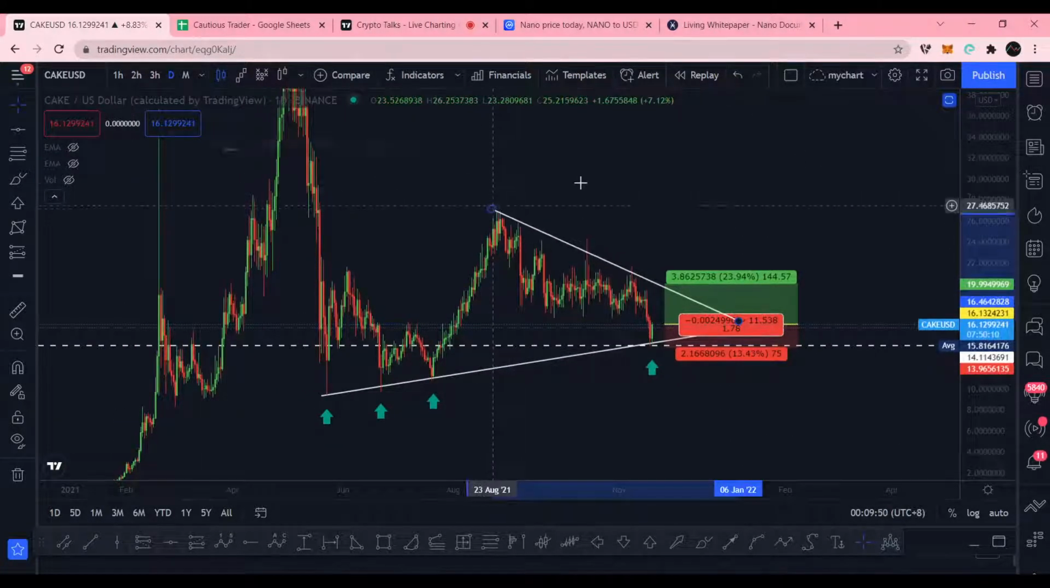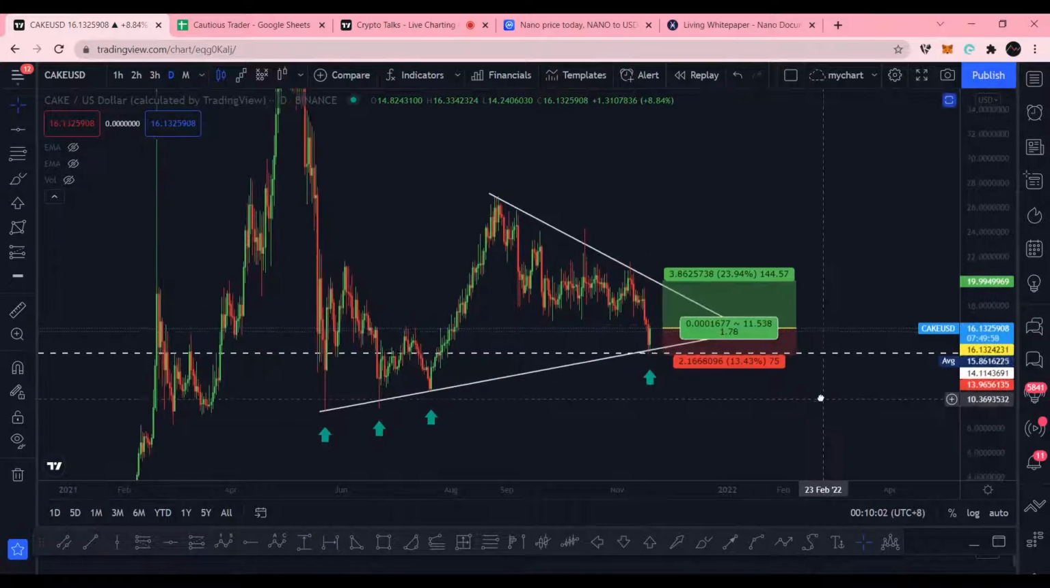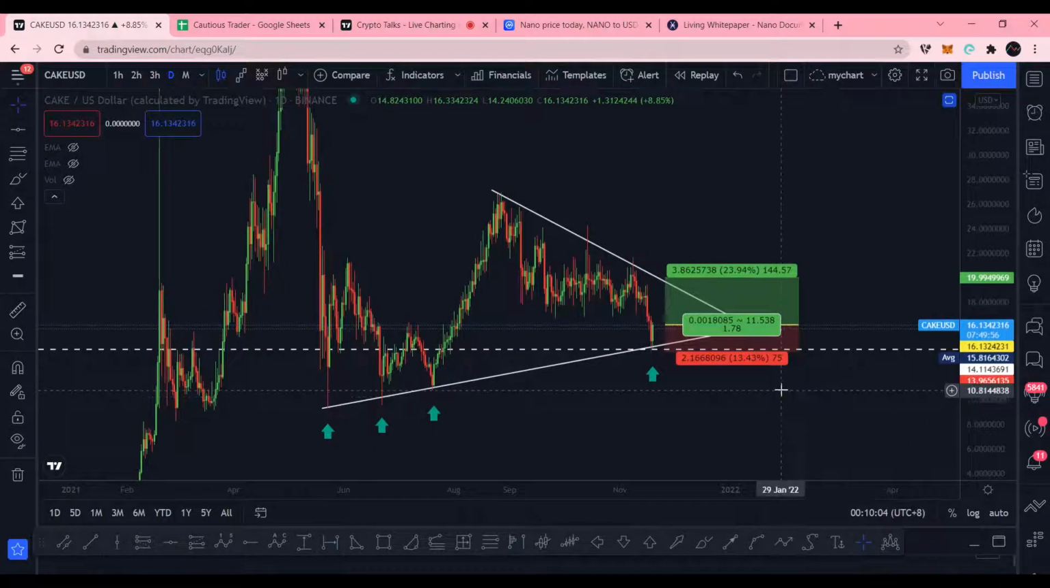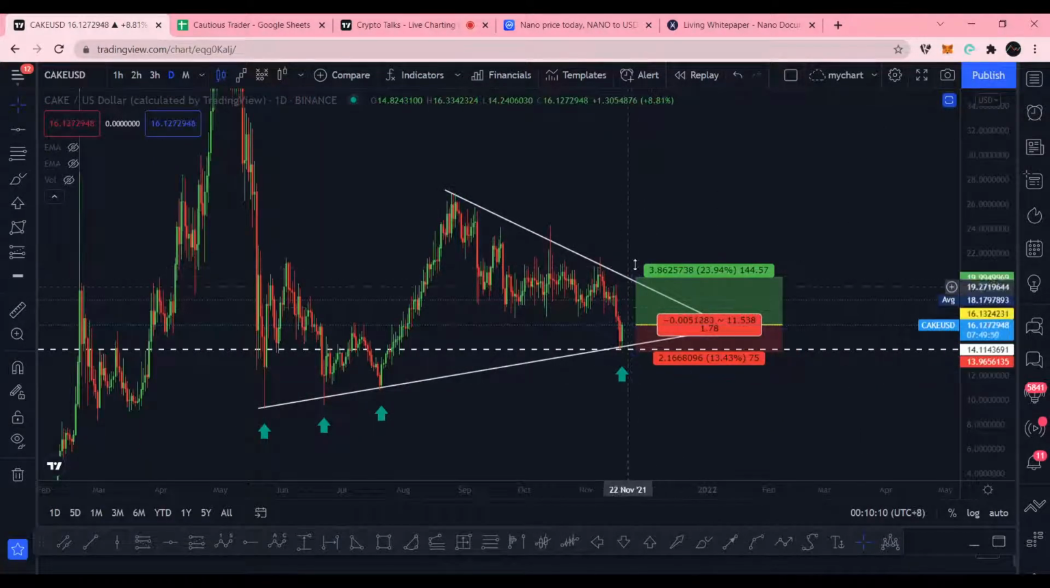So tinitignan ko. Supposedly I should have bought it at this area because this is a support area. Though ngayon umakyat na siya. So medyo late, a bit late na. Kasi dito pa lang